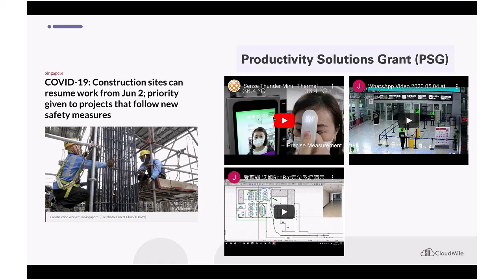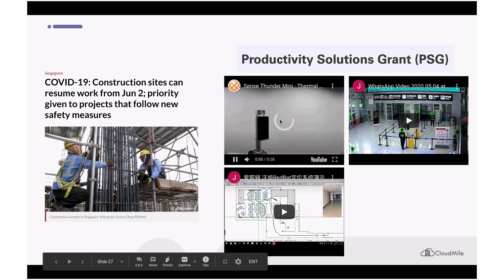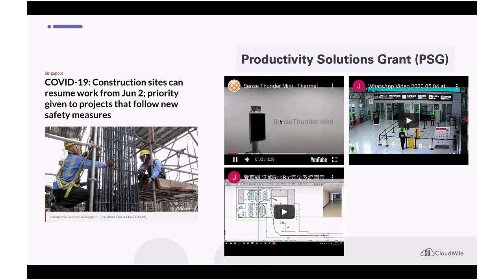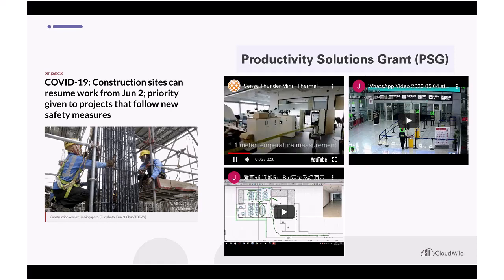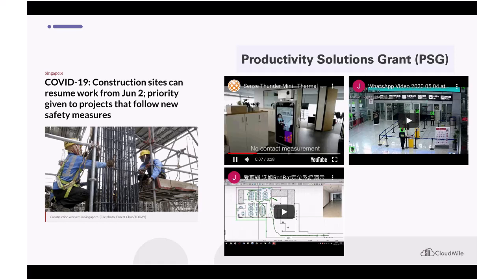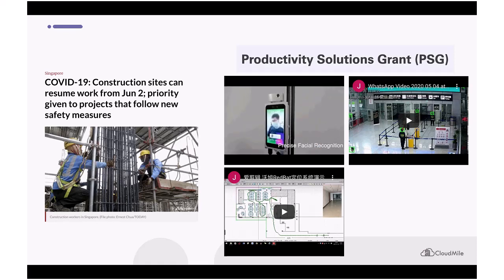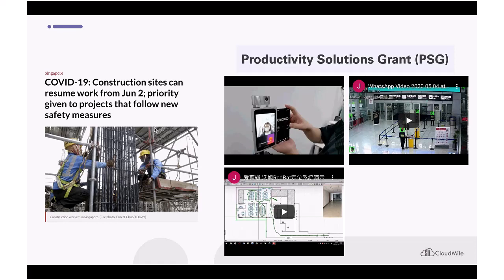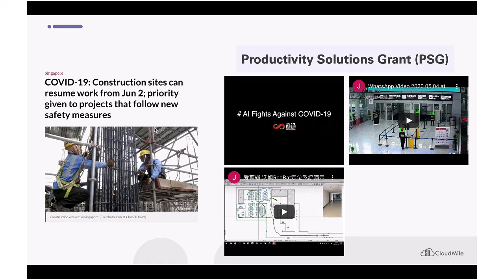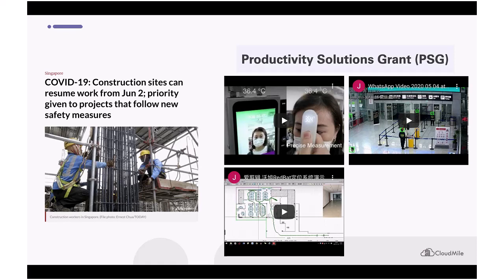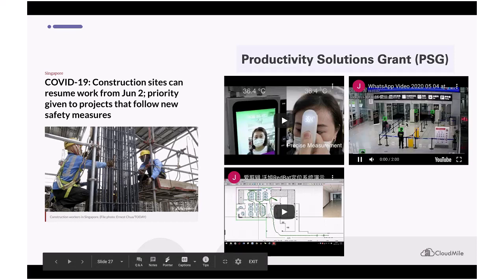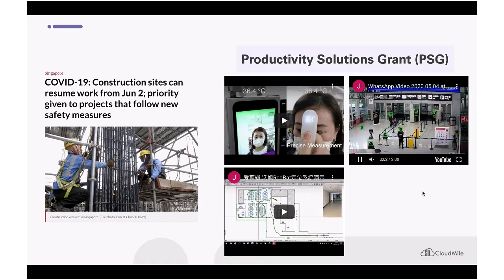I have 3 very quick summaries. The first one is leveraging sensors and facial recognition technology to take attendance of the construction people who come to work every day, and to monitor their temperature and keep track of this in a contactless manner. This is a very fast and seamless approach to help protect your people within the construction site. And another one is using object detection to help people understand,